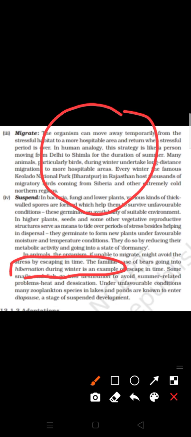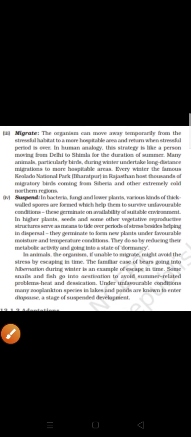But in case of zooplanktons, these planktons make a covering around themselves and stay in a suspended form, known as the diapause form. When favorable conditions come, they germinate and come out. But, children, in that period they do not carry out metabolic activities. In case of the bear, in the hibernation period they just utilize their energy from their fat layer, blubber. I hope suspend is also clear. If you have any question regarding this, please send me. Thank you, children.